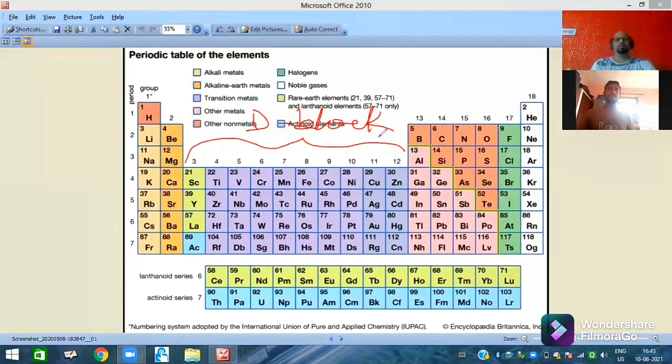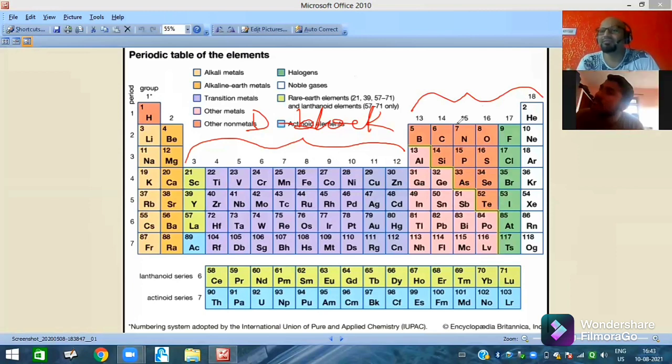D block. Okay. There is another name for this group of elements. This is also called transition elements. Now the question arises, why is this name given, transition elements? Reason being, these elements are present in between S block and P block. What does it mean? S block is extremely reactive metal, which is very happy to lose electrons, and on the other side, P block elements are those elements that love to accept electrons. So D block elements have properties in between S block and P block. That's why they are called transition elements. Got my point? Understood, everybody?